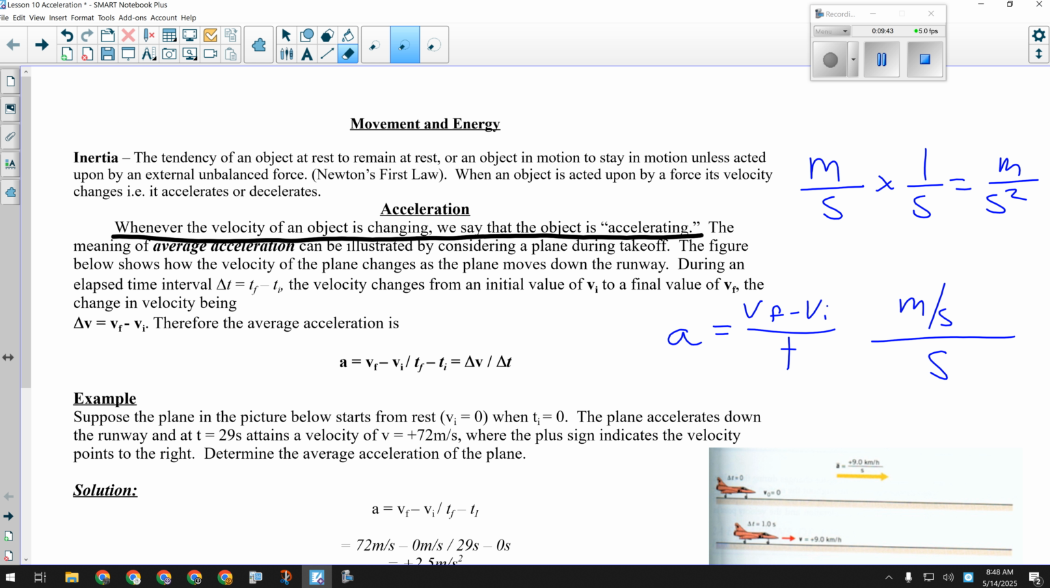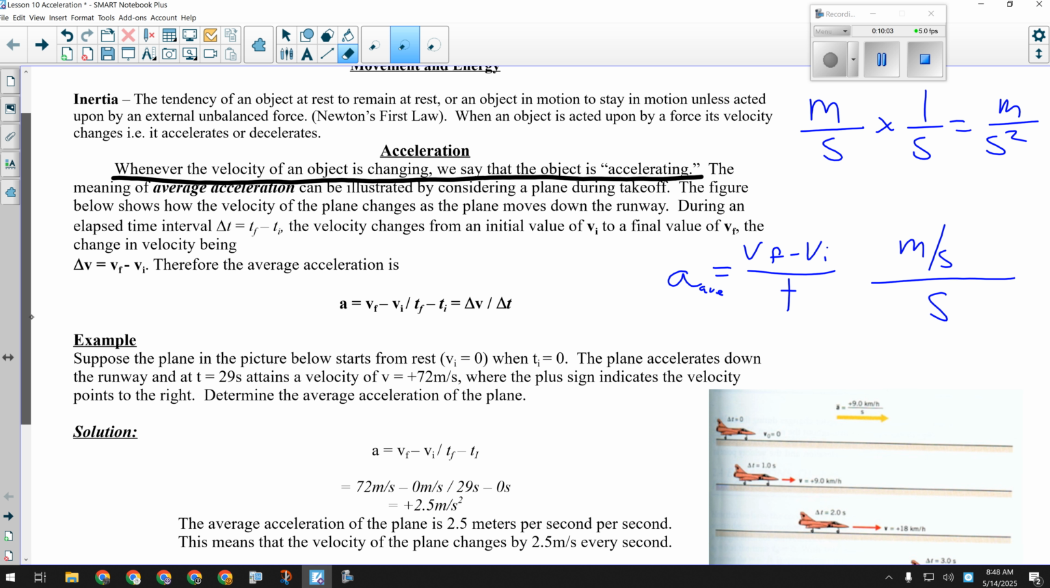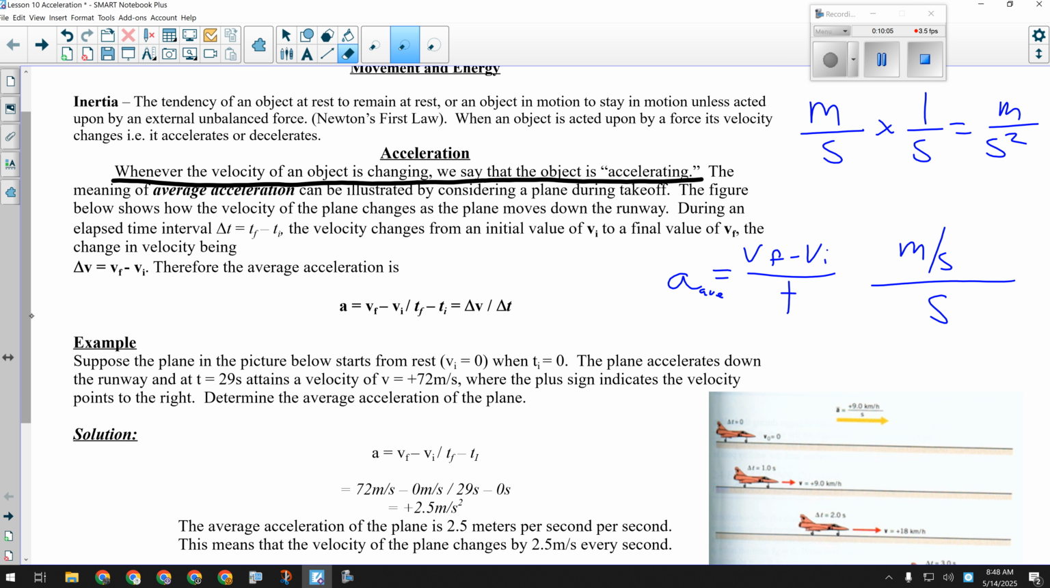So this formula here, which we're going to use a lot today, actually calculates the average acceleration. It could be that the acceleration is actually different in a few places. This is going to calculate the average. So let's look at a pretty simple example here. Let's say that we've got this plane right here, and it starts